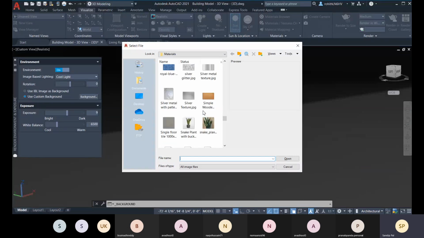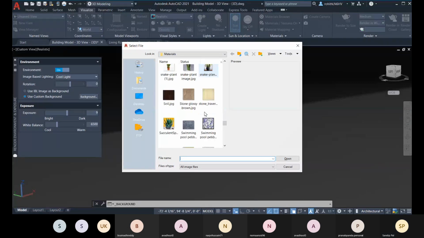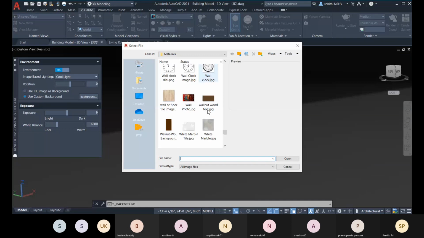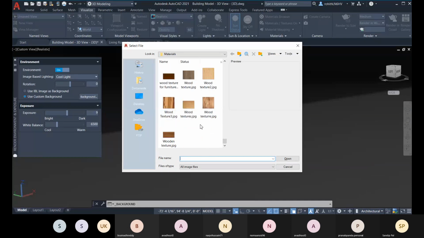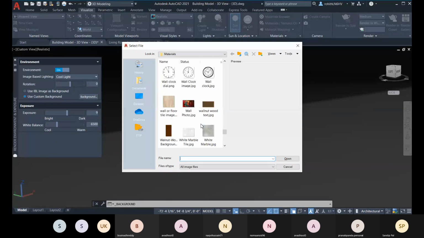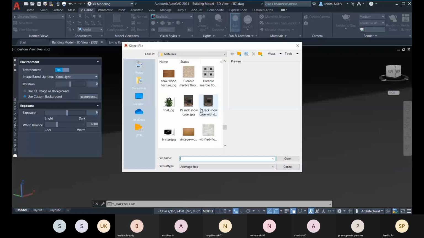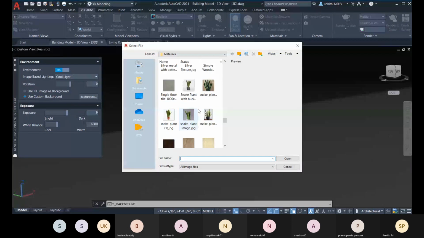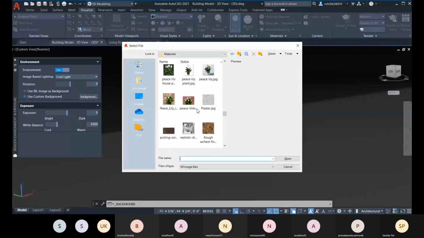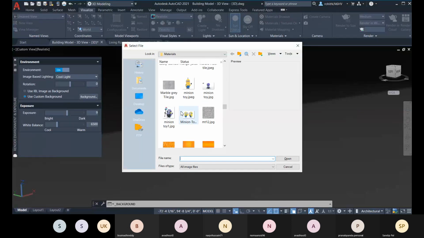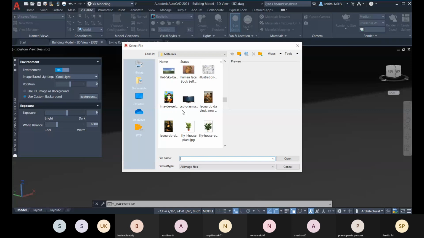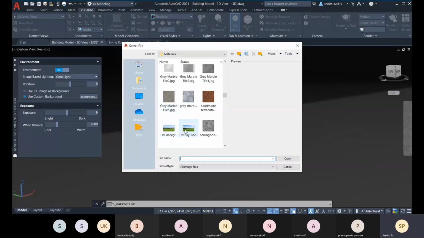Let me see. Okay, so I have this one as well, and I have these two.